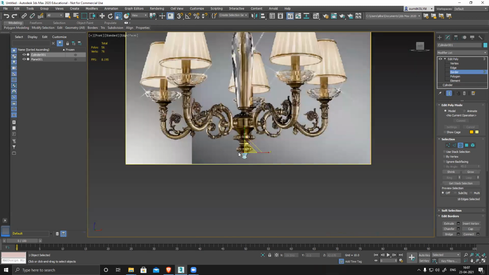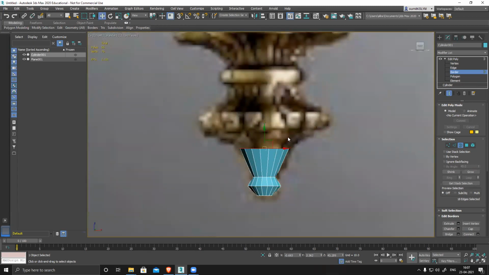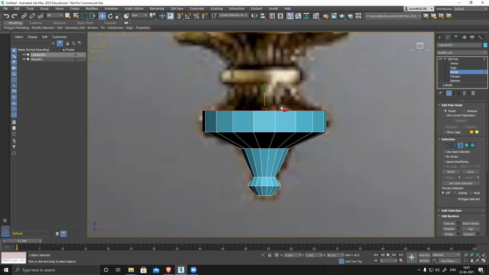In the front view, it matches completely. Shift, again extrude and resize.